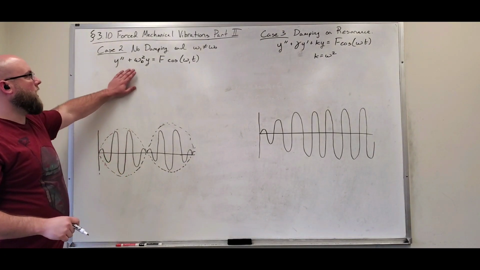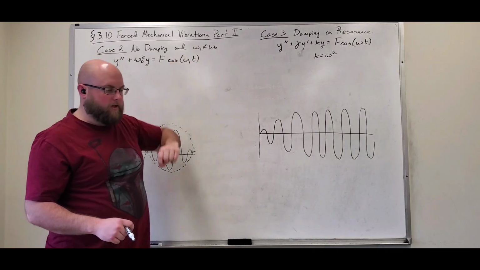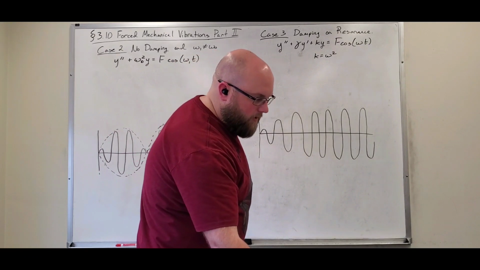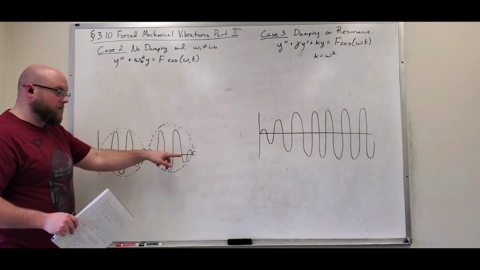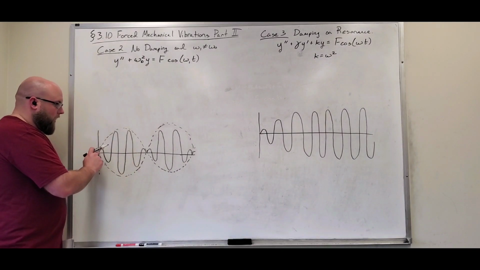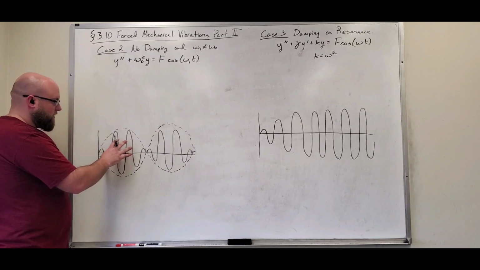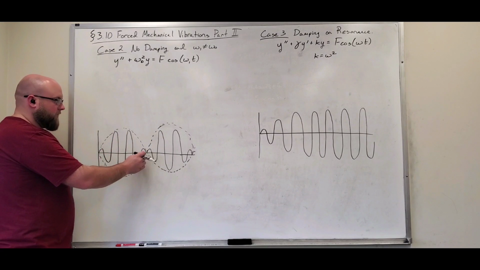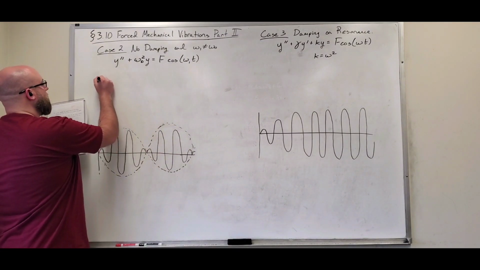So when we have no dampening and these two are not the same, omega 1 is not equal to omega sub 0, then what we have in general is these beats that are occurring. So this is an example of what we call a beat. And so notice here that we start building up and then it dissipates and then starts back up again. So in general,